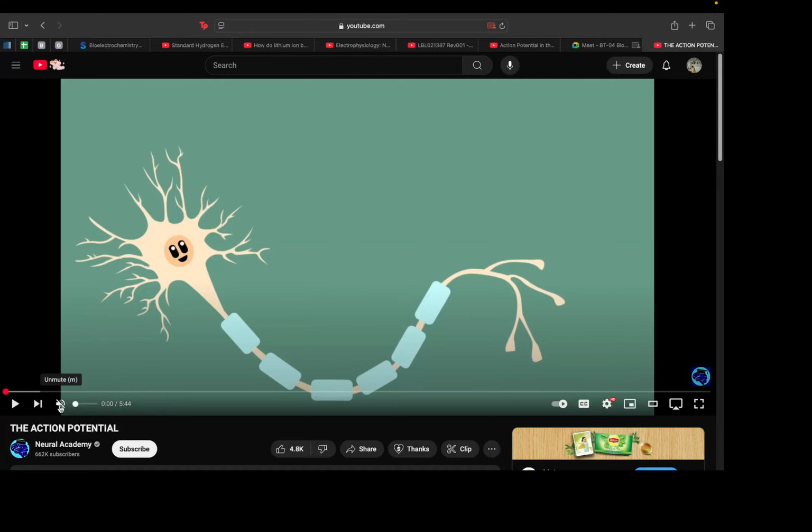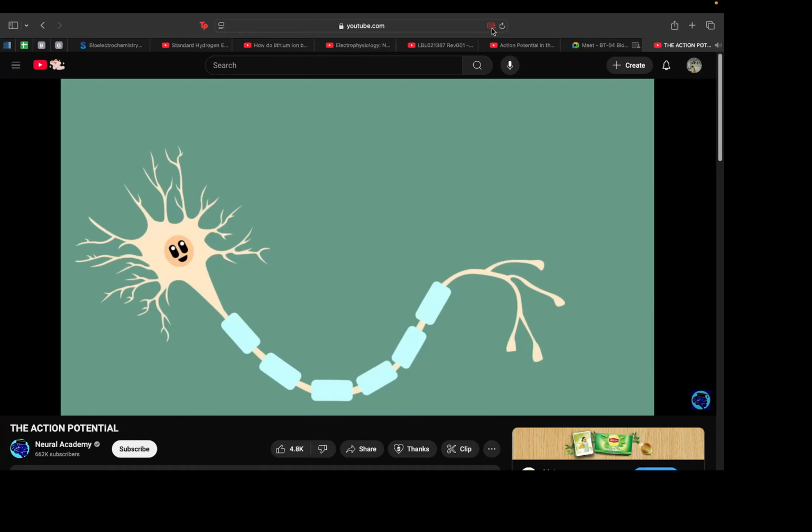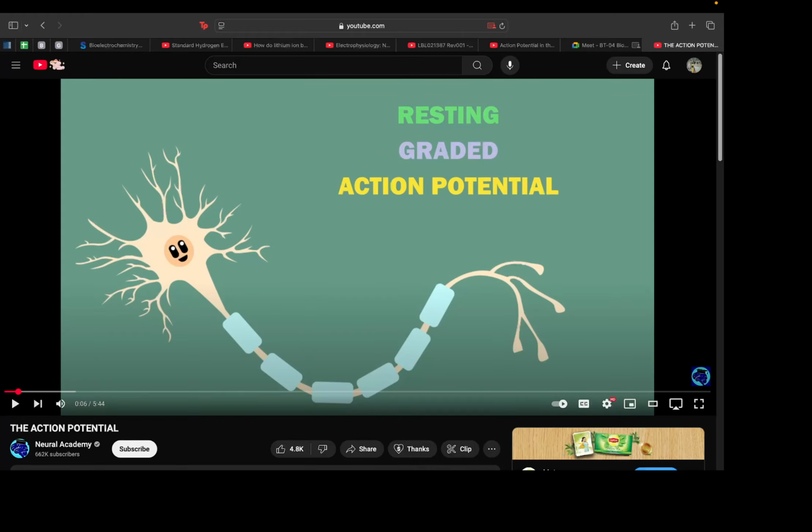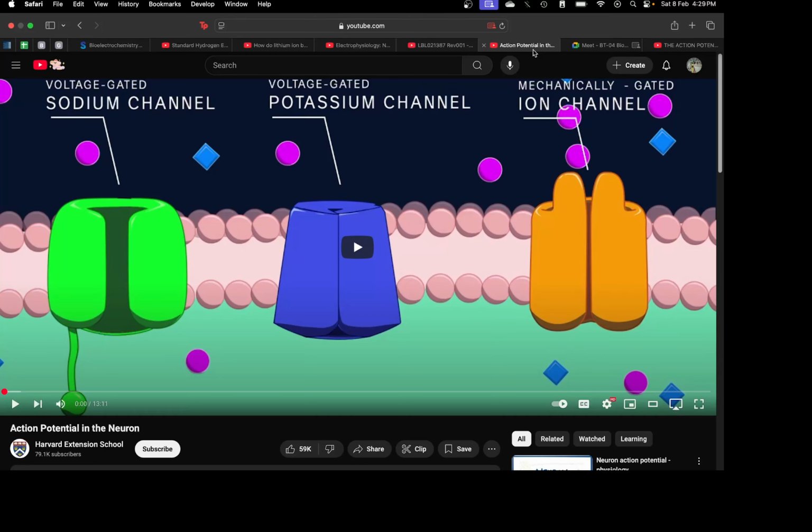Yeah. We have three different kinds of potentials: resting, graded, and the action potential. First, let's see what happens. We are talking about the action potential now, right? And why the action potential? Because it is equivalent to,